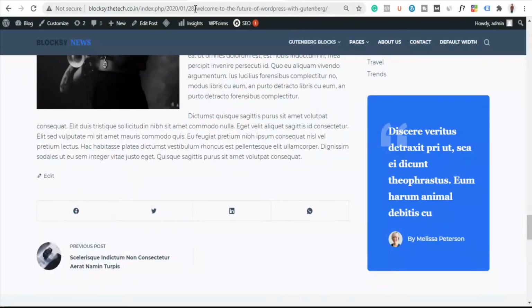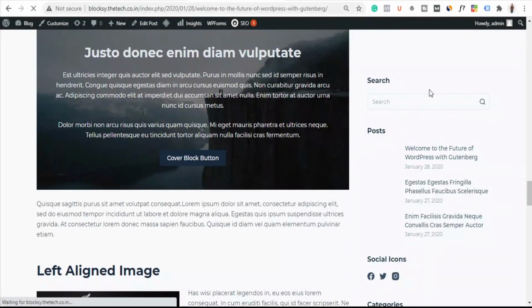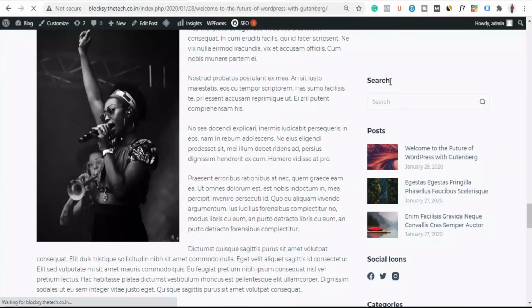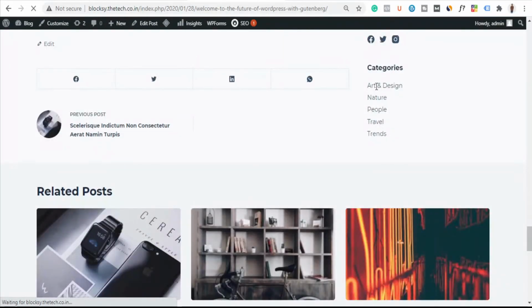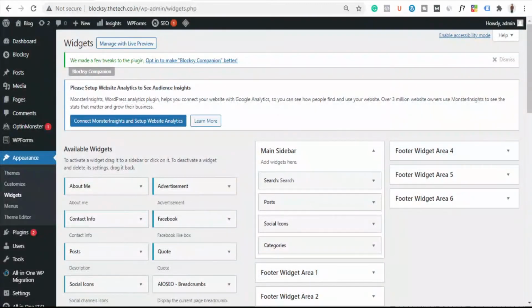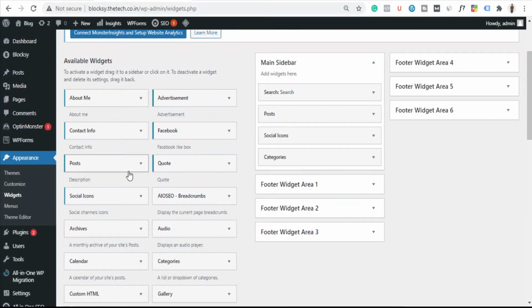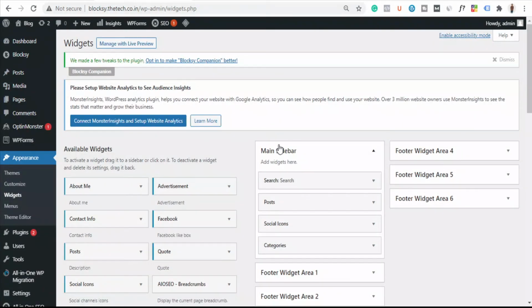Now let's go back and refresh the page, and you can see here, at the right side, all the required things have been changed. Okay, we have this search, we have this post, that is only 3, then we have a social icon, and then we have a category. So this is a way how you can play around with the sidebar, and you can change it according to your requirement. So there are basically too many options. You can just go through the options, and if you feel any option is important, you can just put it here. Okay, and with that said, we are done with the menu and the widget option as well.